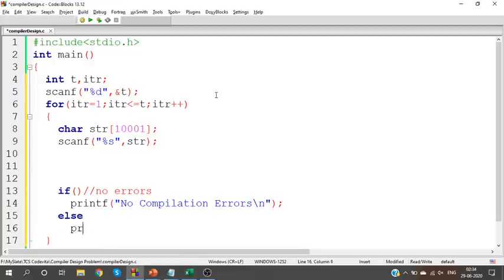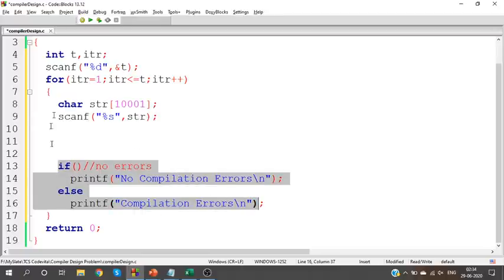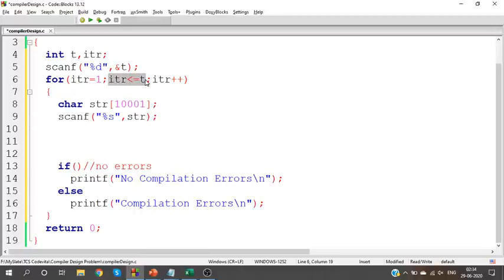Otherwise printf compilation errors. Okay, so I have obtained the input and I have printed the output. Yes, so this will repeat T number of times.